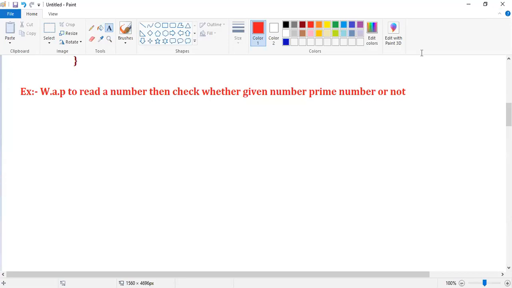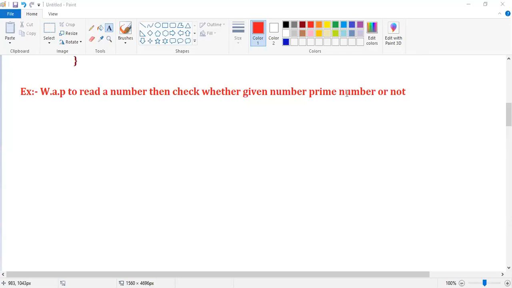Good, Pratiksha. Any number which is divisible by 1 and itself is called a prime number, right? That means the number should have only 2 divisors, then it is called a prime number, guys. Otherwise, it is not a prime number.